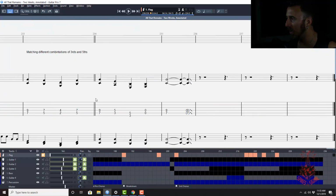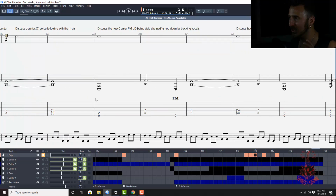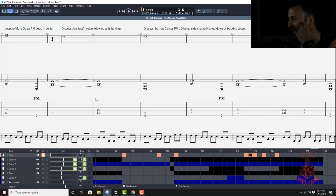And as you're hearing that, you're also hearing, I feel, the sort of uniquely produced guitar that comes at that point, the palm muted guitar that's coming down the center instead of on the sides. I feel that as I hear her vocals, or I'm assuming it's her, maybe it's Phil's, but I'm going to just say hers for the purposes of this. As I hear her vocals coming up, I feel like I also hear that center palm muted guitar get turned down, almost like it's being automated to lower as her vocals come up, or maybe even side chained to her vocals. So as her vocals come up, they progressively turn the guitar down. Either one, it creates just a